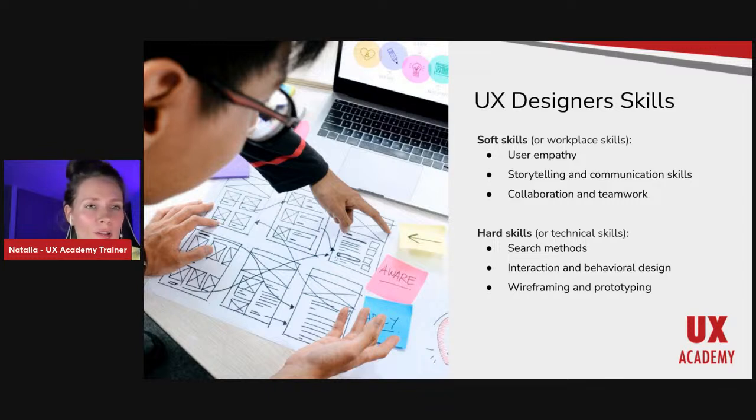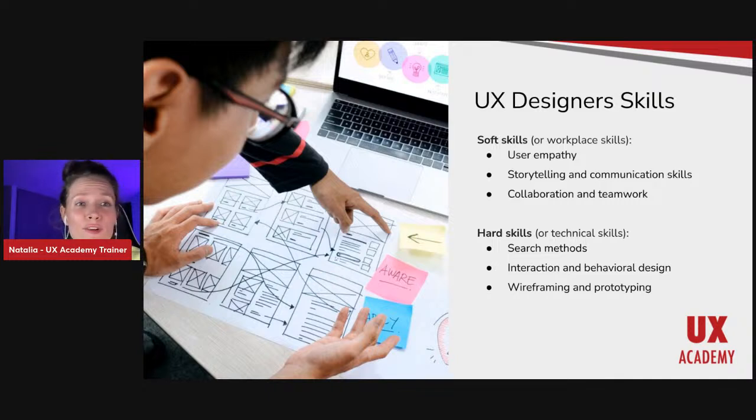So in my role, I need to hire people, run the interviews, and understand how they fit into the team, how they fit into the company, and how they can work with the rest of the team. These are soft skills, so they're workplace skills. It's how you can empathize with your teammates, how you can work in the team, how you will fit the culture of the company. But of course, soft skills help you if you are a UX designer, because a UX designer collaborates a lot with the user. We have to build user empathy, and for that you need some kind of soft skills.